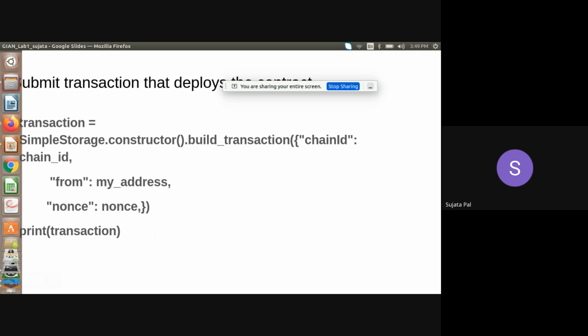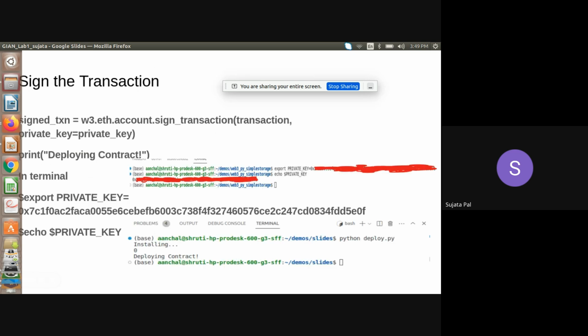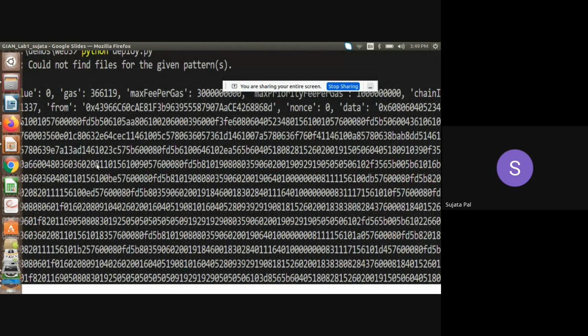In every transaction, this nonce value is different. And plus you have the blockchain ID, identification. So after signing the transactions, we will get these values.